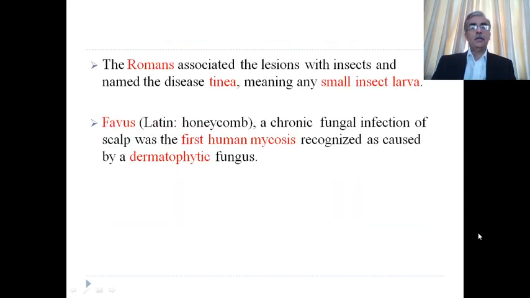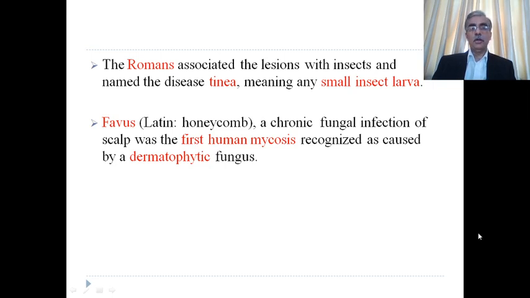Then another term which we will be dealing with in fungal infection is tinea. This was used by Romans for the lesions of fungal infection, and tinea is a Roman word which means small insect larva. Initially they thought that these fungal infections are caused by small insect larva, which is not true. So another term which we will be using is favus, which is again a Latin word which